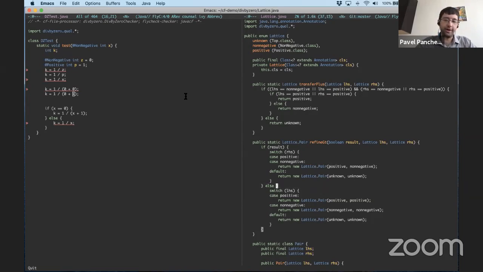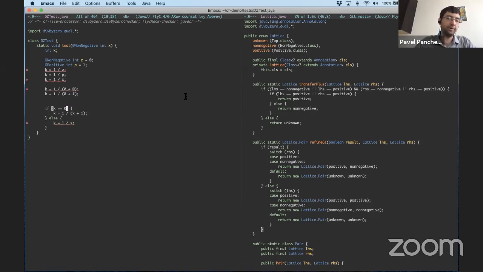Meanwhile, we have this else branch, and that else branch is run when the result is false. So now we're looking at x greater than 0 being false, which you can think of as x less than or equal to 0, for example. So now we're looking at the left-hand side. And if the left-hand side was positive, we know that x is less than or equal to something. So we've learned something new about the right-hand side, which is that it must be positive as well. And similarly, the same for non-negative and so on. So that's how refinements work in the checker framework.